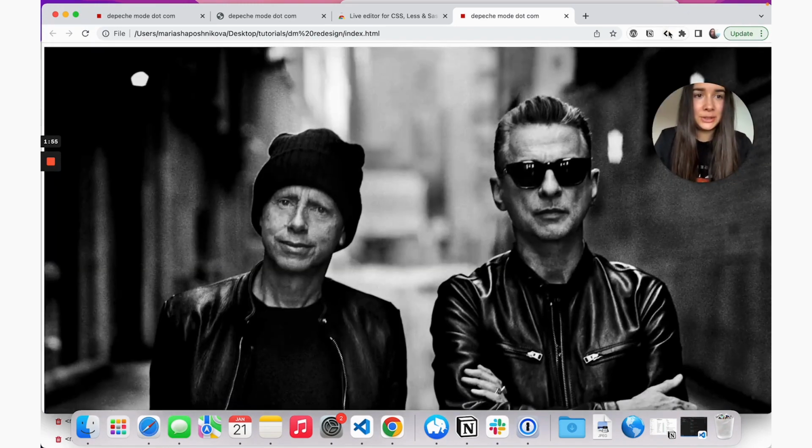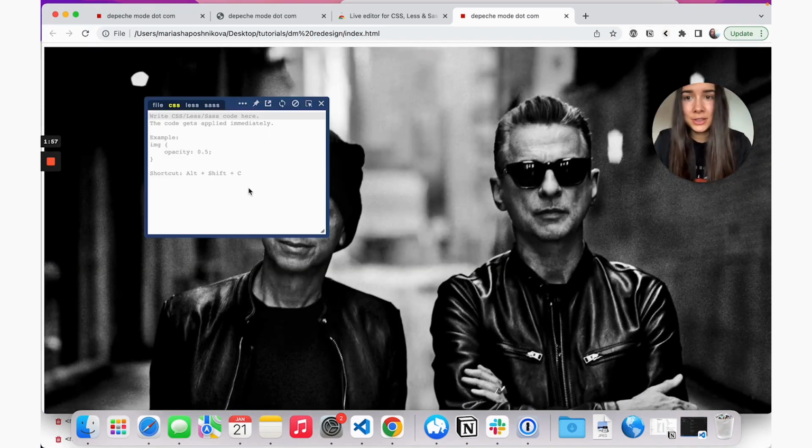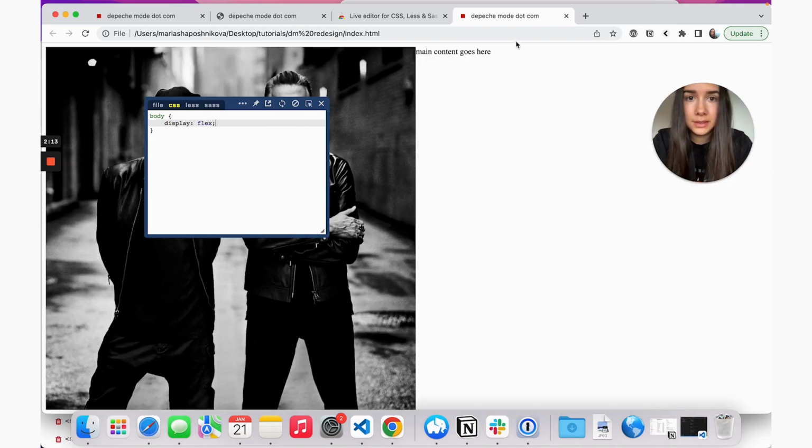Now what I'm actually going to do is use this Magic CSS extension and start to add our styles here, live in the browser, and then we'll copy them over to our editor. So we have body. What we want to do is have display flex. So now as you can see, we have image on the left, content on the right. And then we also want to set the font family to be Petit Sans, because now I think it's just the default browser. So font family.